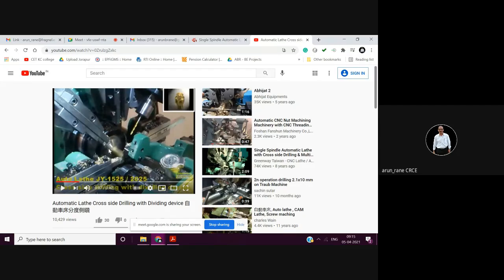Once the component is finished, collet opens, then bar is pulled till how much length. So for that you have a stopper here. So that stopper is over here. So whenever the bar is pulled automatically, that bar goes and touches this bar stop. Moment it touches the bar stop, then collet is clamped. Then this bar stop goes back to its home position and then other operation starts.